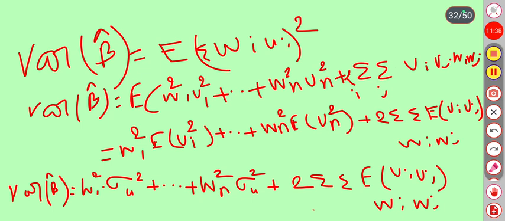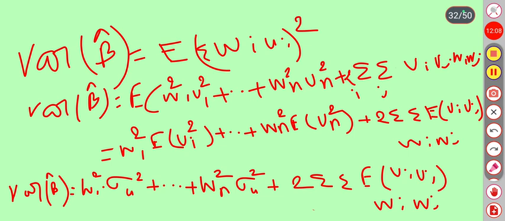So here we put this value and get expected value of summation wi ui whole square. If we expand this, then we get expected value of w1 square u1 square plus w2 square u2 square, w3 square u3 square, w4 square u4 square, up to wn square un square,